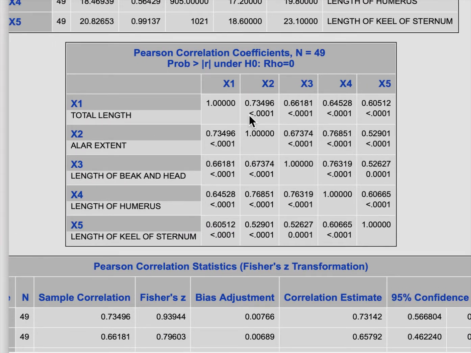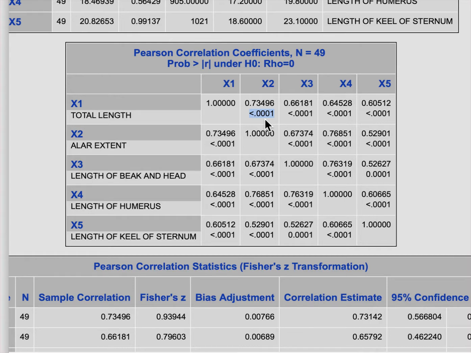So the estimated correlation between x1, the total length, and x2, the alar extent, is fairly strong, 0.73496. And this value here in the second row, or the second entry in that cell, which says less than 0.0001, this is the p-value for the null hypothesis that the population correlation between x1 and x2 is 0. Okay? And because that p-value is very small, for example, we could test this hypothesis at the 0.05 level of